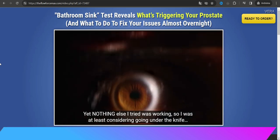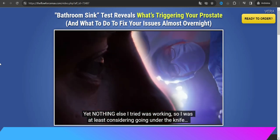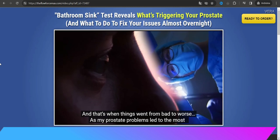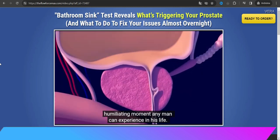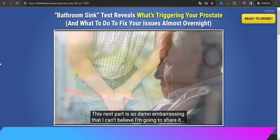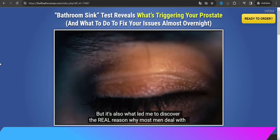Yet nothing else I tried was working, so I was at least considering going under the knife. And that's when things went from bad to worse, as my prostate problems led to the most humiliating moment any man can experience in his life. This next part is so damn embarrassing that I can't believe I'm going to share it, but it's also what led me to discover the real